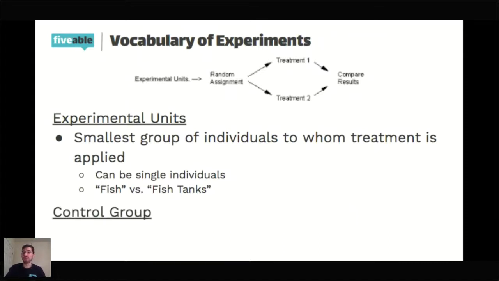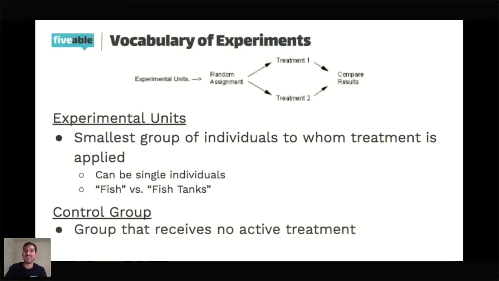You may have heard of control groups. A lot of people have experience with this in their science class. Remember that that is a group that receives no active treatment. Okay, a control group might receive something called a placebo. So placebo is spelled placebo, it's pronounced placebo. Placebo is a fake treatment. So think about,